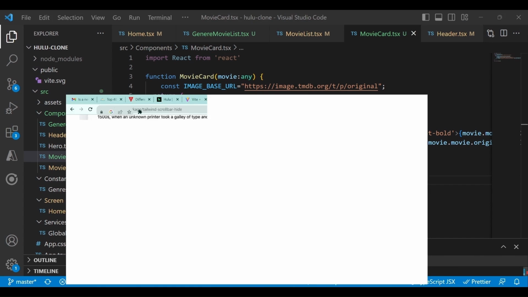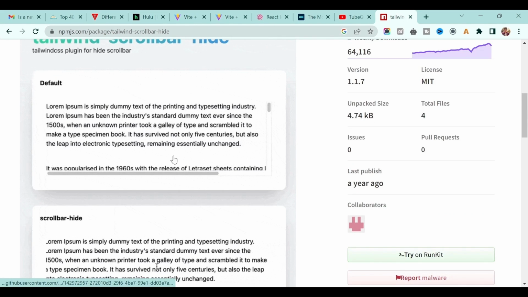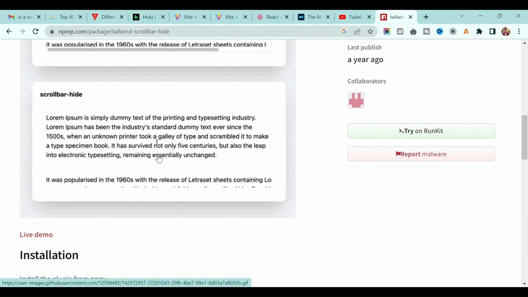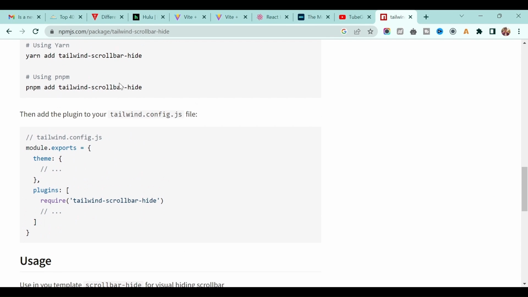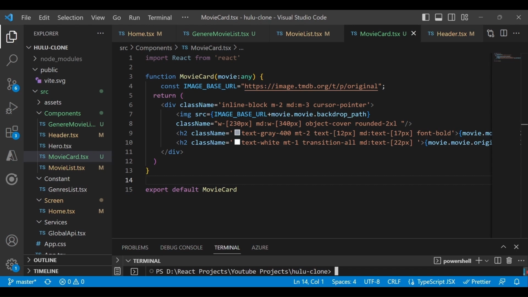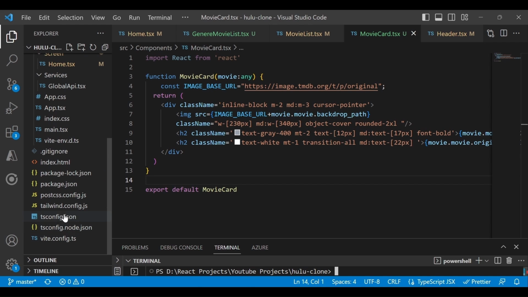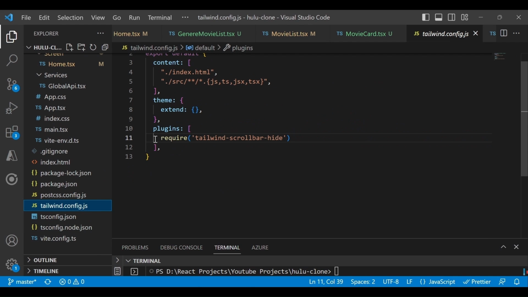Okay, so if you go back to this site, if you see we have scroll, and after using this we don't have any more scroll, correct? And this is how you need to use it. First, once it's installed, make sure in tailwind.config.js you add this plugin. Okay, so go back here. I already added this one here, right?